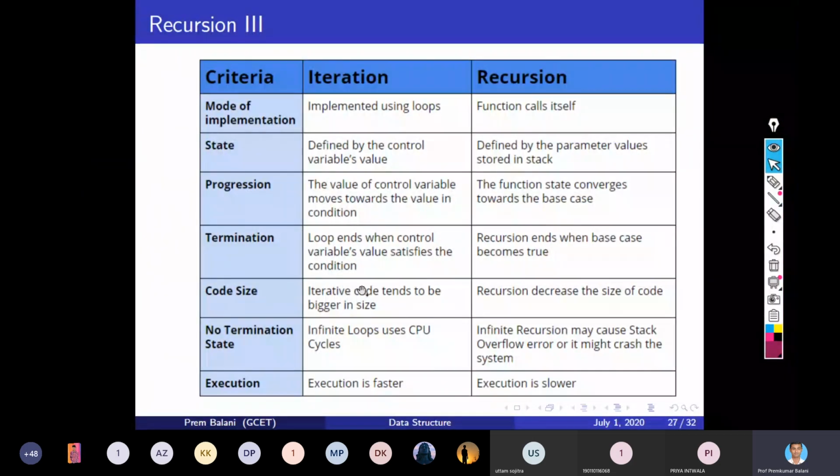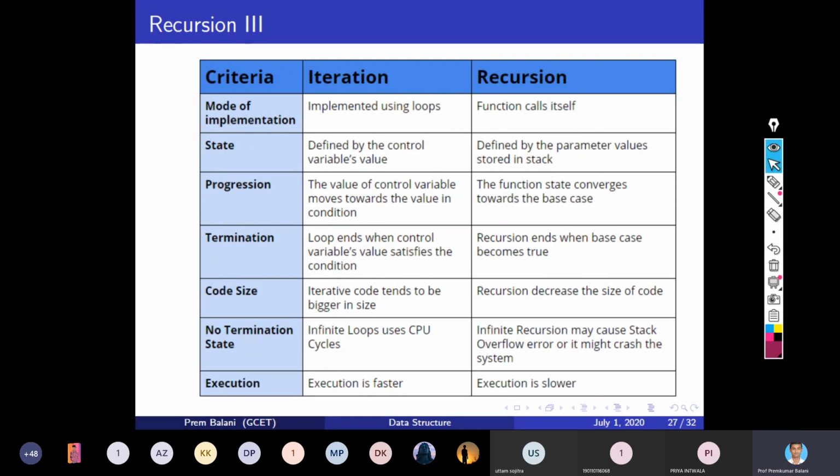So this is a very famous topic, the difference between iteration and recursion. First of all, in the mode of implementation, in the iterative process, we implement the logic using loops, and in the recursive process, we implement it using functions.